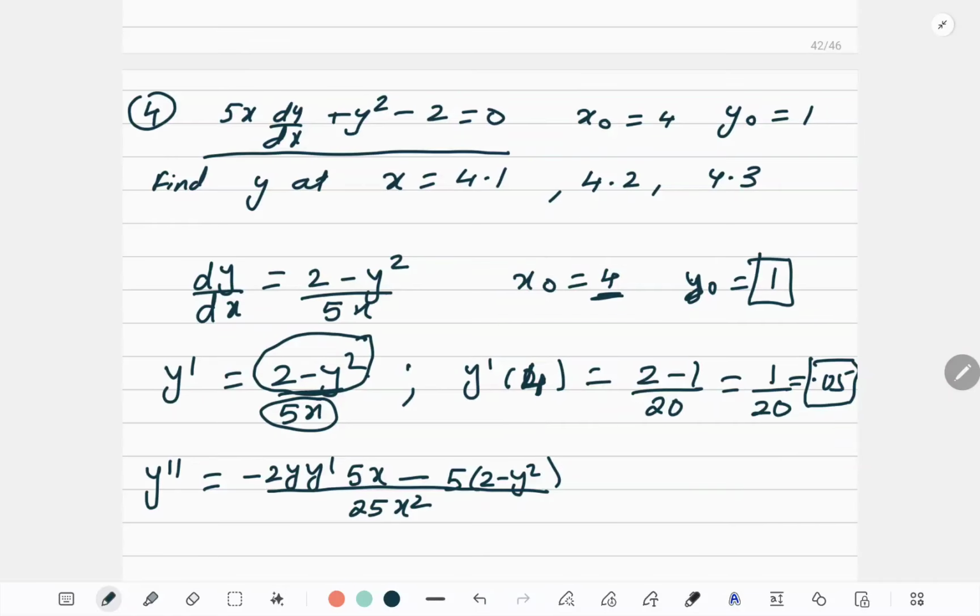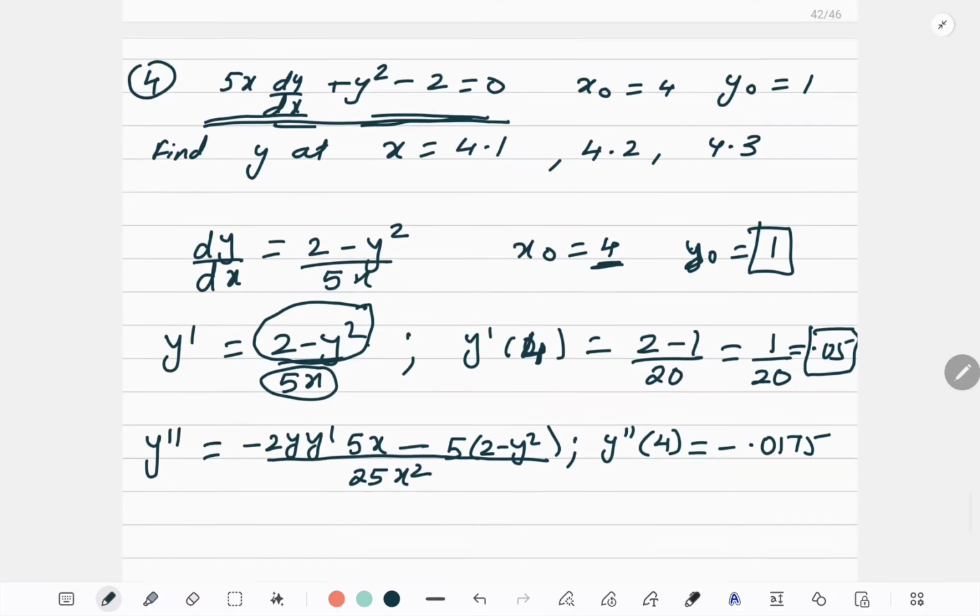Correct? So now in this I will substitute the value. If you don't want to write the function like this, it is perfectly okay. Here also you can directly put the values or directly you can differentiate. Now I need this value at 4. So when I put x is equal to 4 here, what will I get? I'll substitute the value. When you solve it, you will get minus 0.0175.